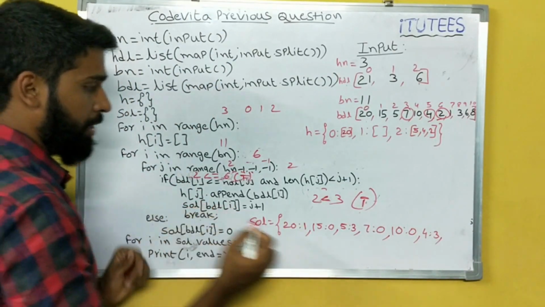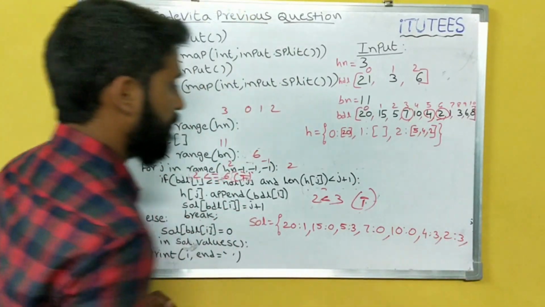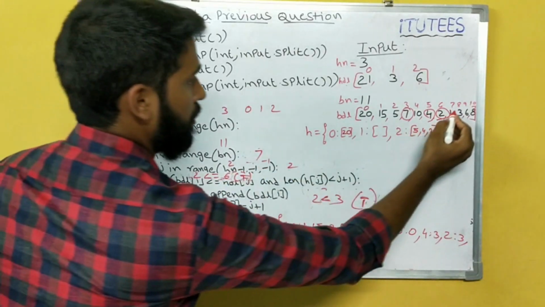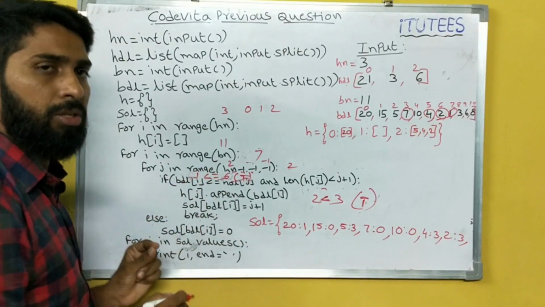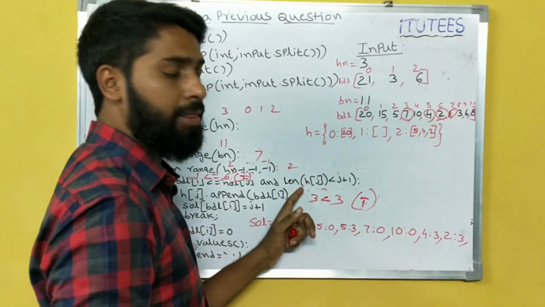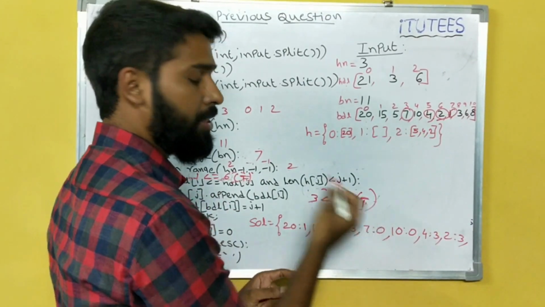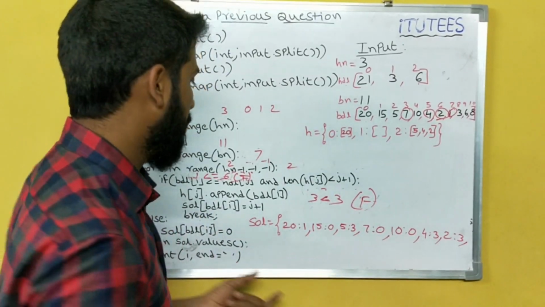And we can append here 2 in 3. Break. Next I becomes 7. What is in the 7th location? 1. 1 less than 6, true. Go to here. But here already the length is 3. Already filled with 3 balls. And it is less than 3, false. 3 less than 3, false.